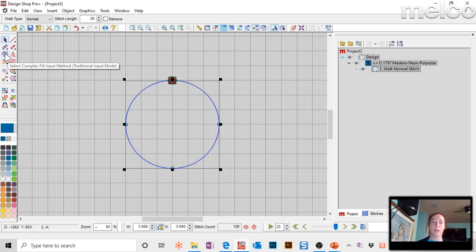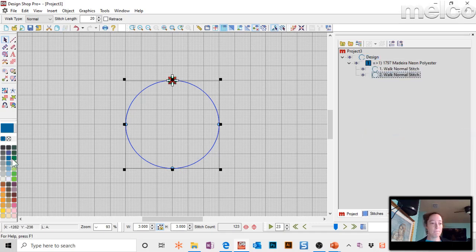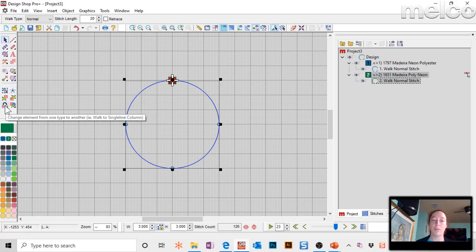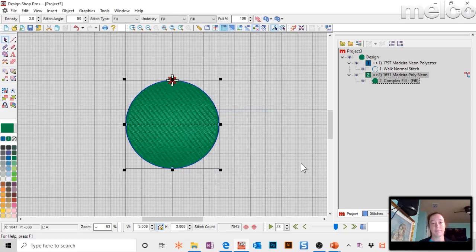fill. All right. So to draw a complex fill, if I already have the circle, I can just duplicate it. Change the color if you want. I'm just changing the color so we can see it. And then here you have change element from one type to another. If I click on that, I can say complex fill, and then I can put add or replace. Well, I don't want to add it. I just want to get rid of that walk and make it a fill. So now I have a fill, and that would be all